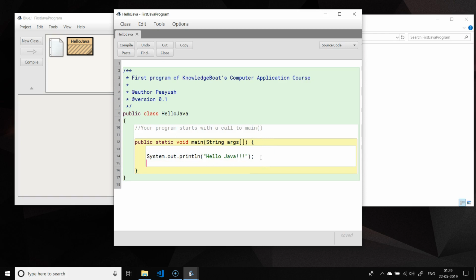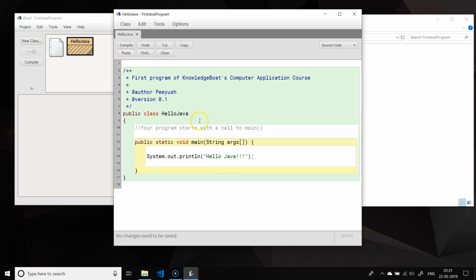Okay, I am back with our Hello Java class coded. Let's save it by going to class and selecting save. Alternately, you can use the shortcut Ctrl+S to save the code. BlueJ automatically saves your work whenever you compile the code or when you close the editor. So it is very unlikely that you might lose your changes even if you don't explicitly save your work. Nevertheless, it is always a good idea to save your work explicitly.